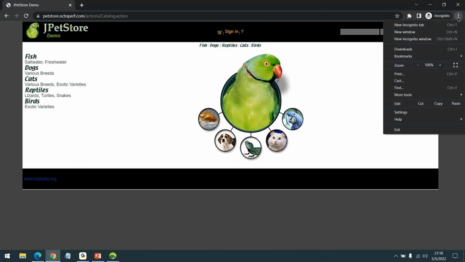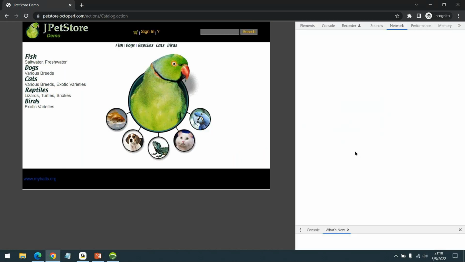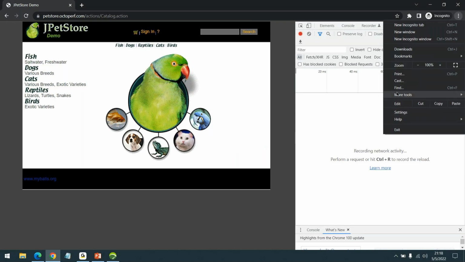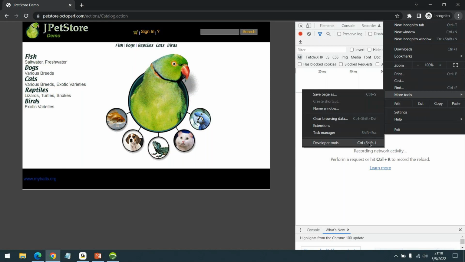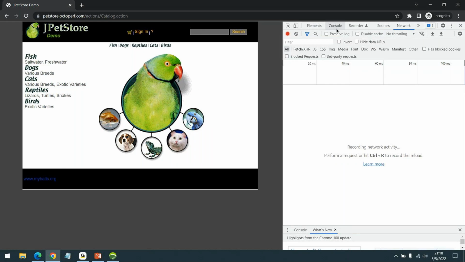You can press the F12 button, or go to more tools and click on developer tools, or use the shortcut Control Shift I. There are different tabs here, and what we are interested in is the network tab, where we can see the traffic happening between the client and the server. The client is this browser, and the server is this pet store application.